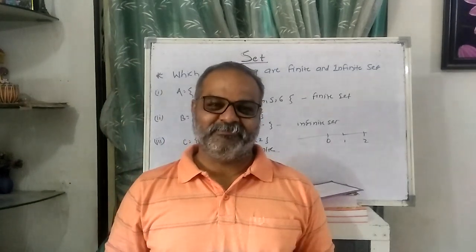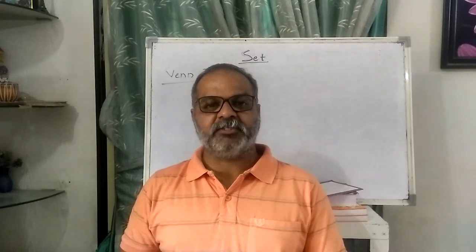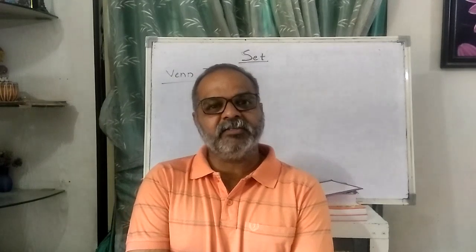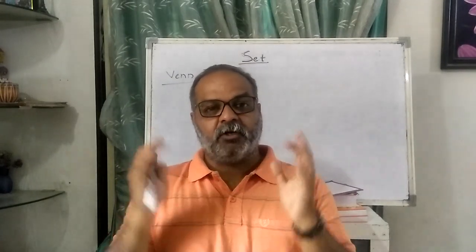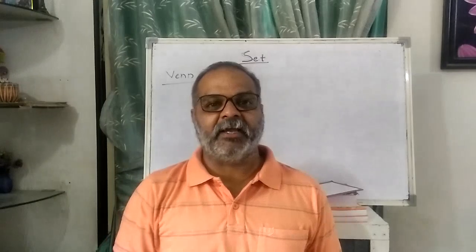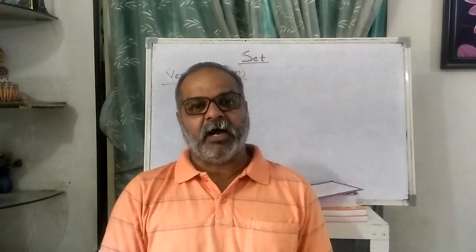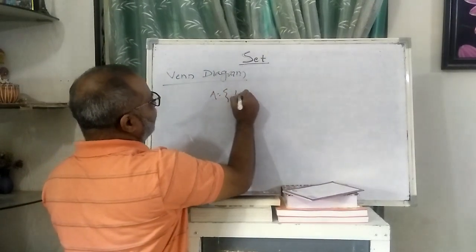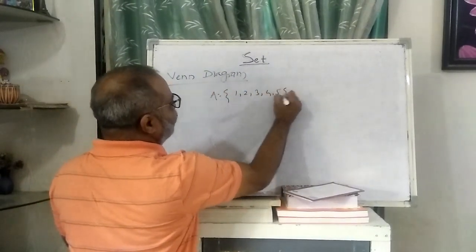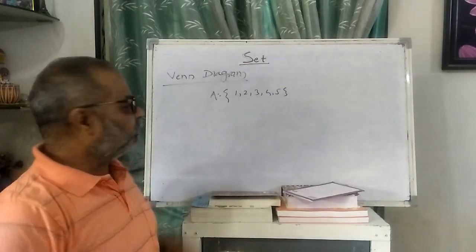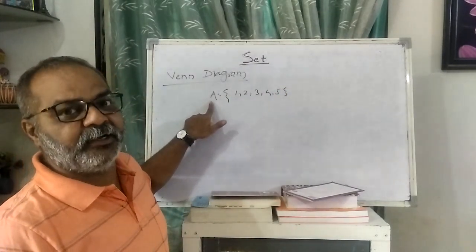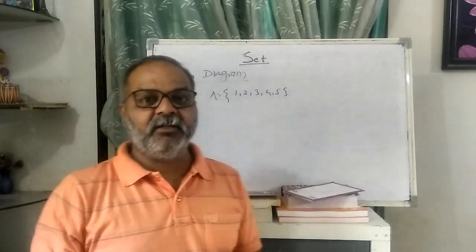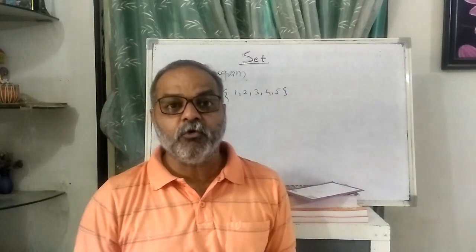Okay. So the next concept is the Venn diagram. So actually we have been writing a set in the listing method and rule method. But John Venn is a British mathematician. He wrote or drew a set in the form of a diagram. It is a closed figure and the elements are written in the figure. Up to this point we have written the set in curly brackets: 1, 2, 3, 4, 5. There are 5 elements, and we write them in curly brackets, with the name of the set written in its capital form. But John Venn wrote the Venn diagram in the form of a closed mathematical figure.